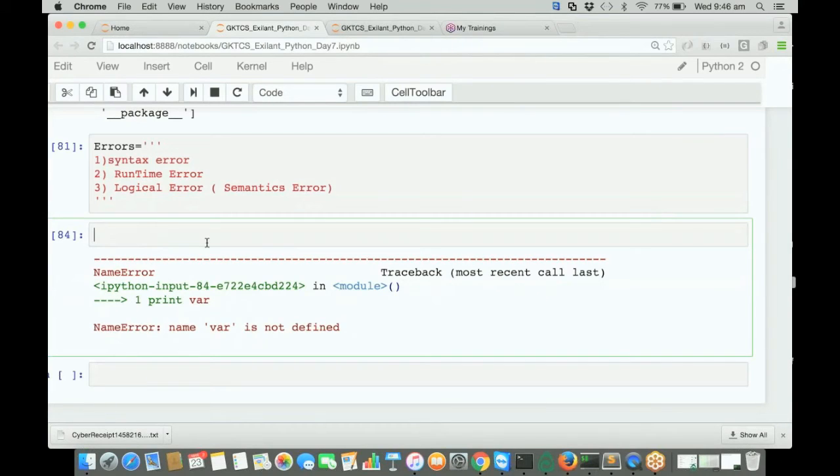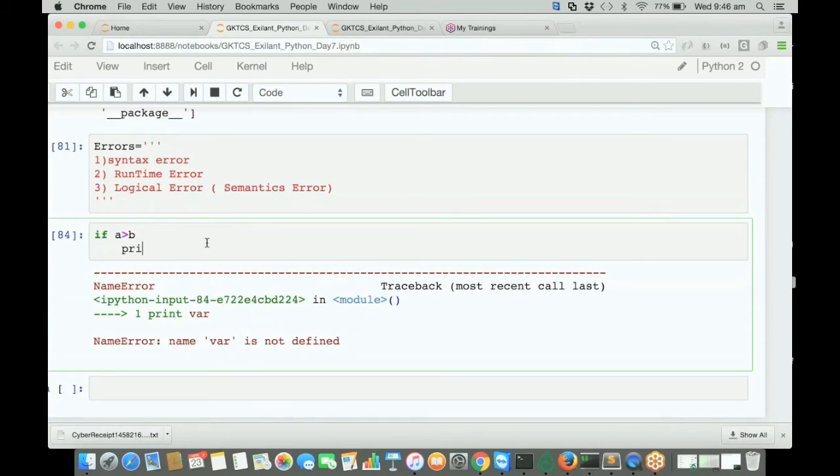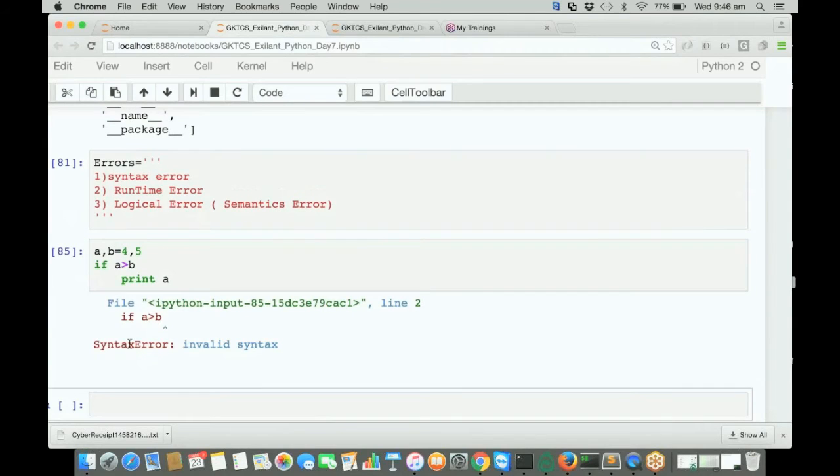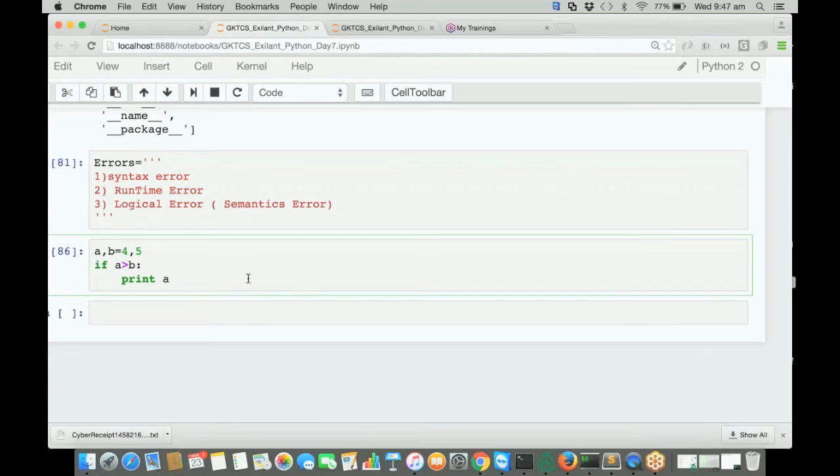Somewhere you will see an error like if a greater than b, and you are just trying to print a. Now here we have missed something. Let me write this in the code, 4 comma 5, and it is a syntax error again, because here we missed the colon. So we should remember all these rules of Python, that when to do what, right? So this way,